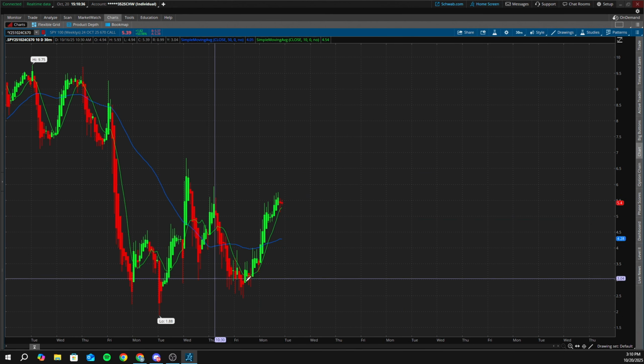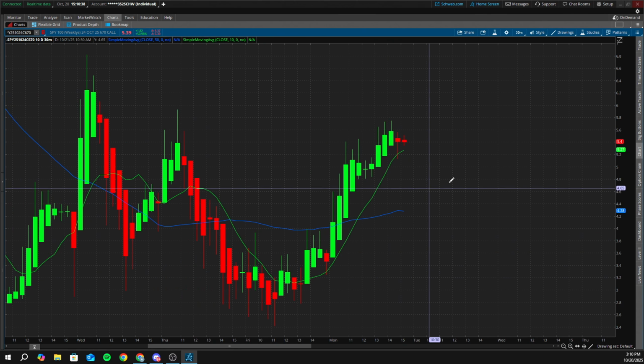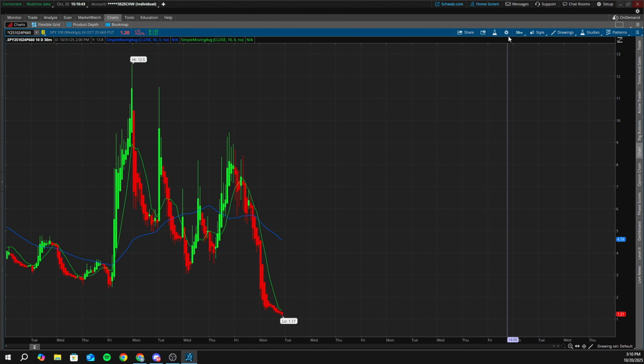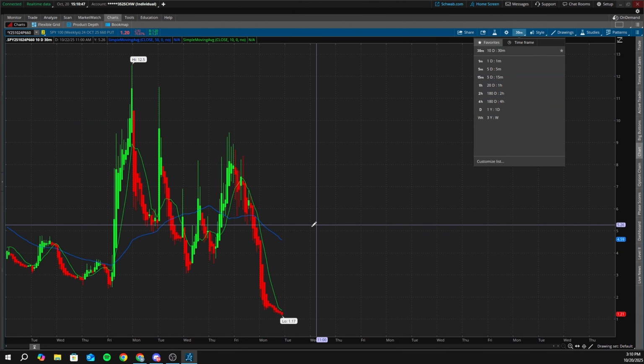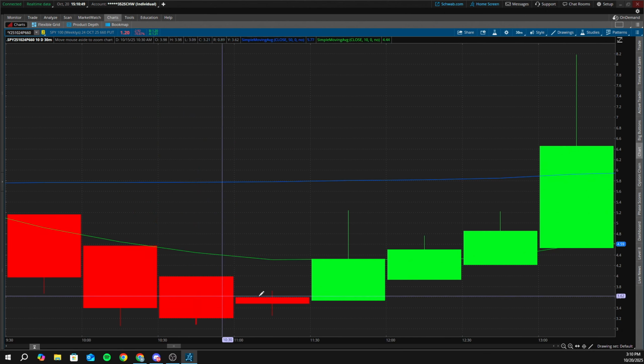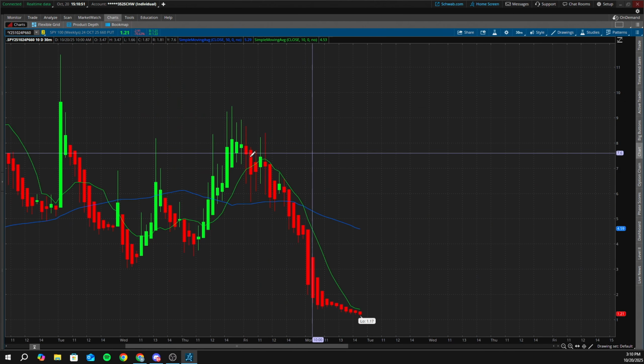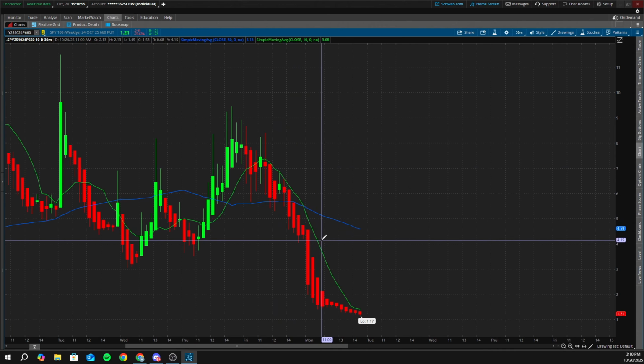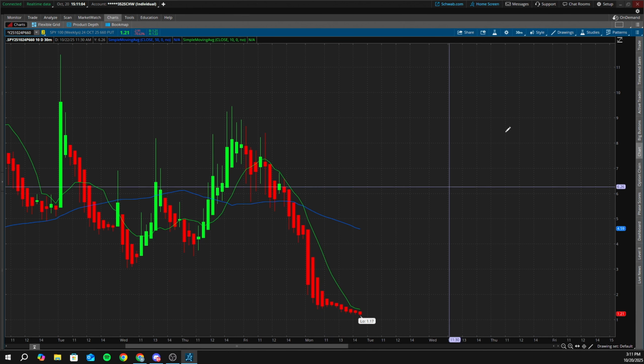So on the 30-minute chart, we actually ended up flipping bullish, which really wasn't a surprise, because if we go back to the put side, we had a little bit of bear trend last week, and this is what the higher time frames ended up looking like. So I told you guys that this was a pretty bullish chart because the bears were losing the trend here, and the 10 SMA is crossing below the 50. And when that happens, a lot of the time we see a move in the opposite direction of the premium, and that's exactly what happened. We got a move higher. The 30-minute chart ended up crossing for the bulls today, and we just trended up the entire day.